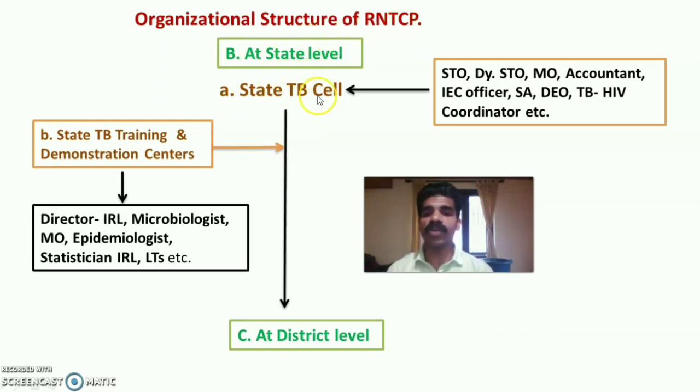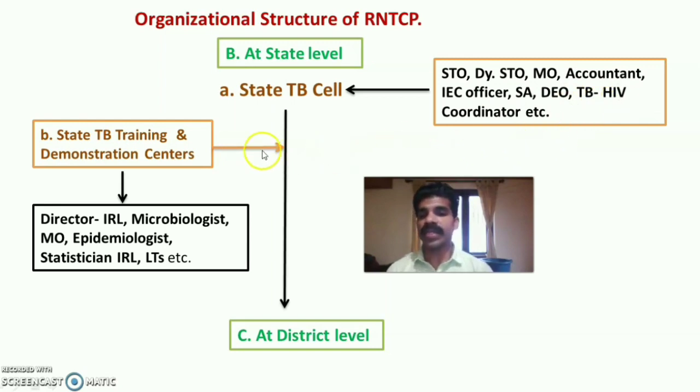At state level, we have two important organizations. One is the State TB Cell and second one is the State Tuberculosis Training and Demonstration Centers. So first is the State TB Cell. The State TB Cell is headed by the State TB Officer and assisted by the Deputy State TB Officer. Under that there are many other officials like medical officers, accountant, IEC officer, state assistant, deputy education officer, TB HIV